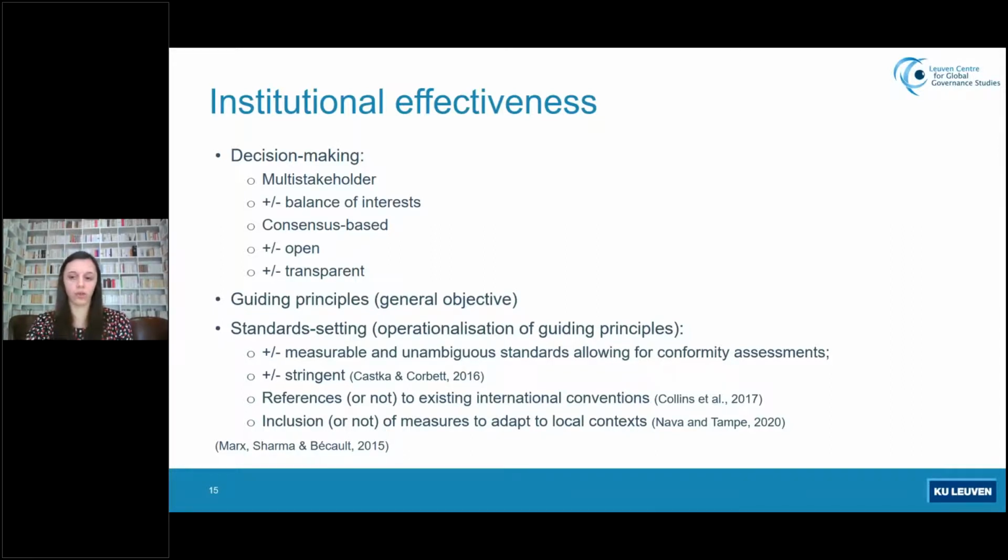But they also show in the paper that this finding, so that stringent VSS are not associated with lower levels of adoption, could also be reflecting a selection bias, in the sense that VSS that are too loose in their requirements, as well as the VSS that are too stringent, tend to disappear due to low adoption, and that the remaining or surviving VSS that the authors could analyze in their study are really an in-between in terms of stringency,